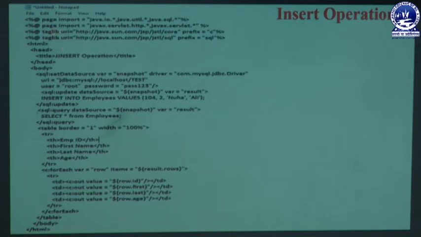Then we mention the taglib directive, and here the prefix is written as c, and that directive means java.sun.com/jsp/jstl/core, which must be written with the c prefix. The next is java.sun.com/jsp/jstl/sql, which is written with the prefix sql. It is written in these two prefix ways in our program, but similarly it can be written in our HTML